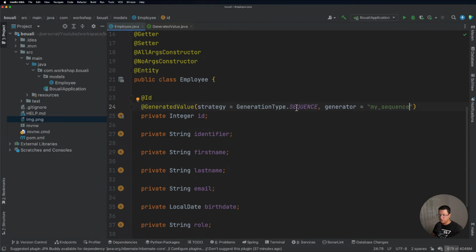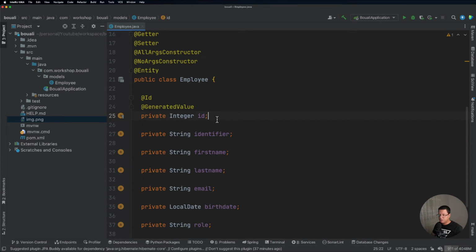But what I recommend, as I mentioned, is just to leave it to AUTO, and because AUTO is the default value for this strategy, we can completely remove all of this. So having only the annotation GeneratedValue is totally sufficient for us. Okay, so this is how we can make this ID auto-generated, and it will be automatically handled by Hibernate.